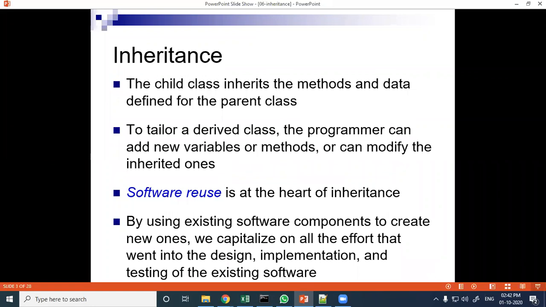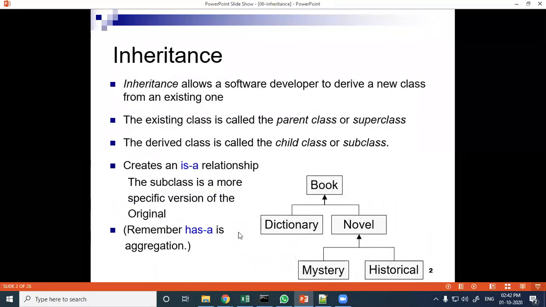So the child class inherits the methods and data defined in the parent class. Whatever data members and methods are defined inside the book class can be used by the dictionary class or novel class. All the properties and methods of the parent class are used by your child class.